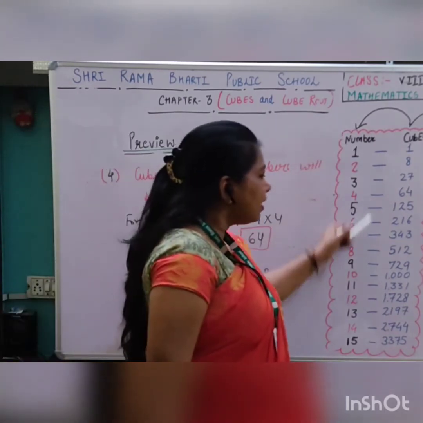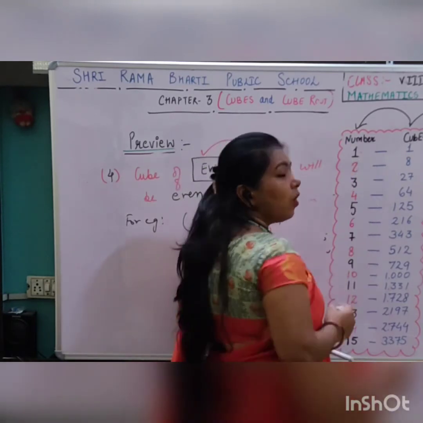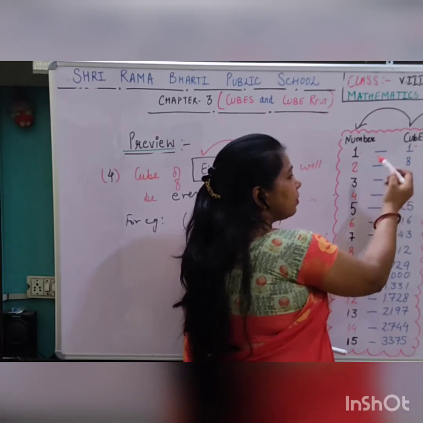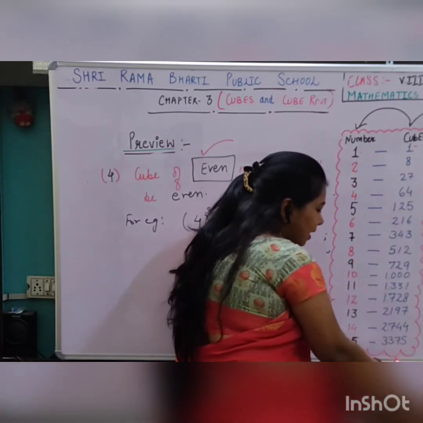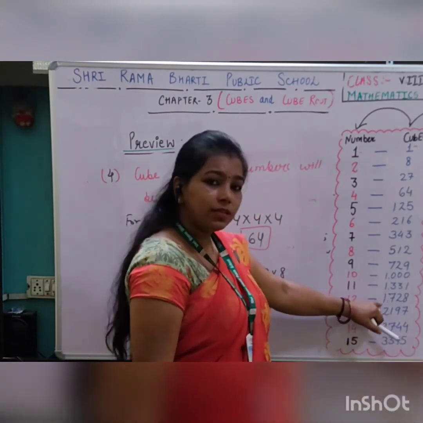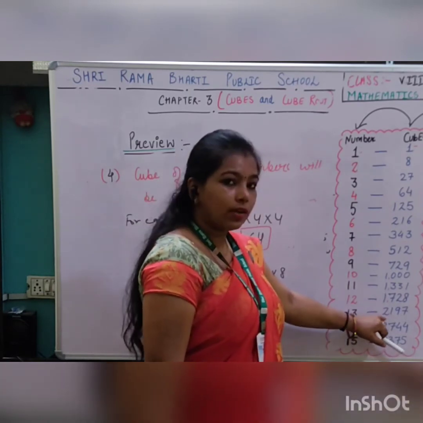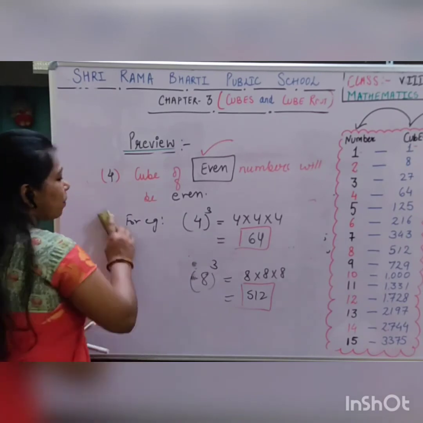With the earlier examples also we can see that since it is odd, my cube is also odd. It is even, the cube is even. It is odd, the cube is odd. So all the examples show the same thing. 12 is an even number, so its cube is an even number. 13 is an odd number, so its cube is an odd number. Okay, now the last property.